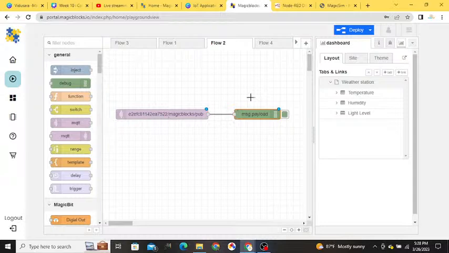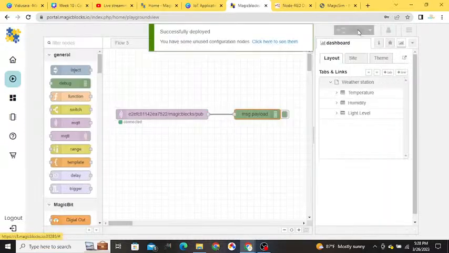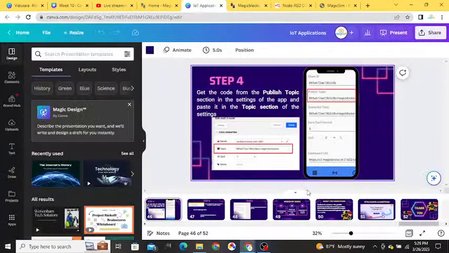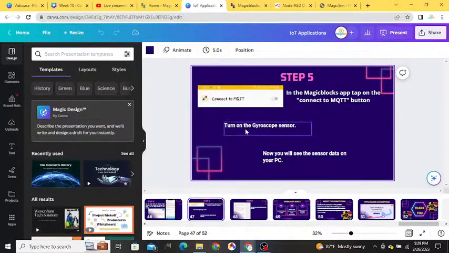Okay, there's nothing to do within this debug block. This is the program we have to do. So after creating this, you can click on deploy, and when you click on deploy, near this MQTT block it shows connected, just like in the earlier DHT11 blocks. And then in your mobile app, you have to go back to your home page,